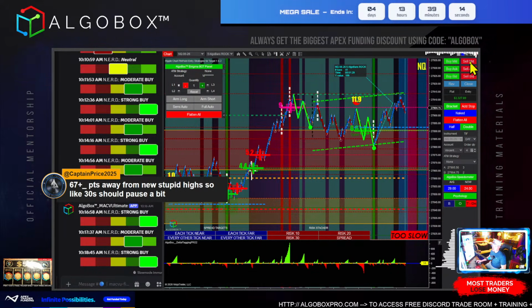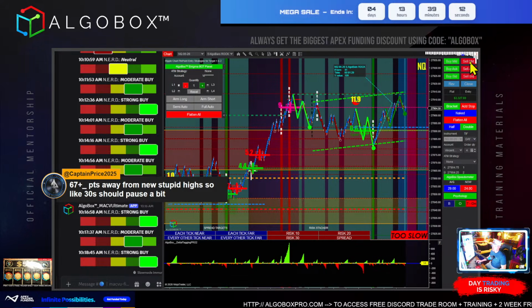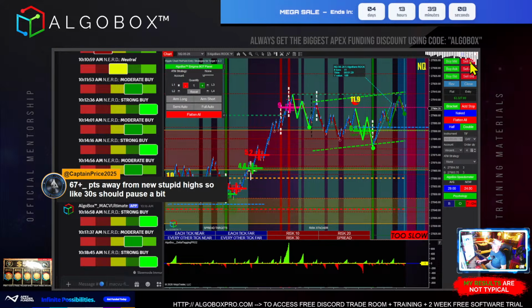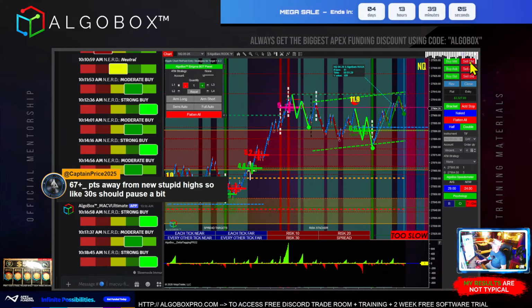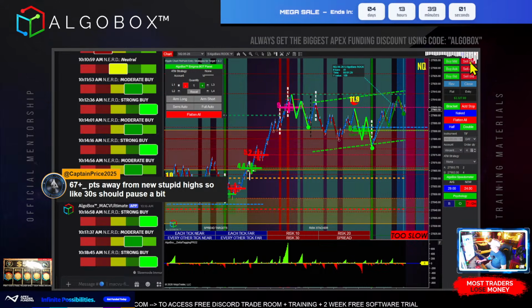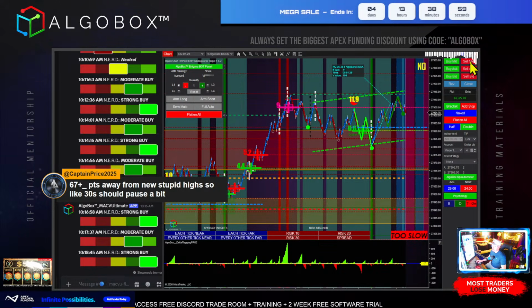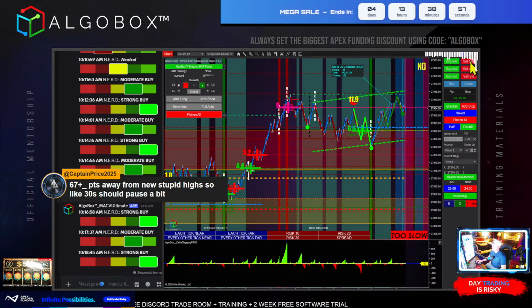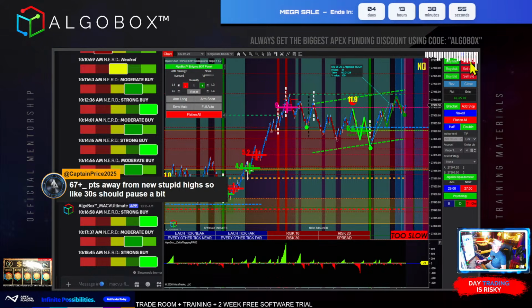Here comes king timing here in about 3 bars. Here's a bull test for this dot. Fib.NQ on the 7. Fib.NQ on the 7.